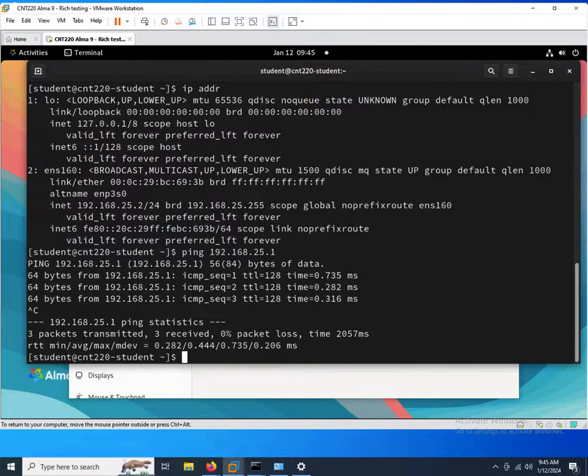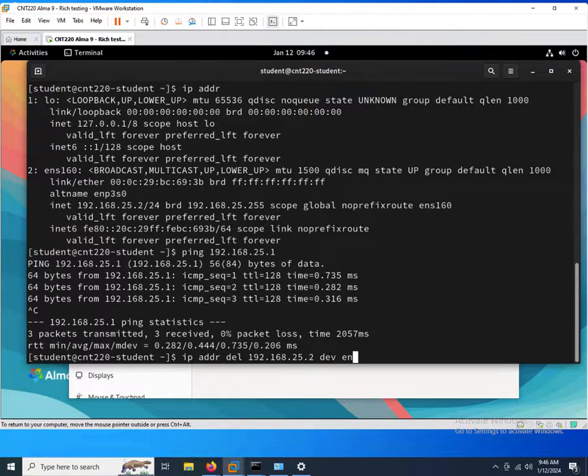On Linux, we can use the ip addr command to make our changes. We need to know the device name. So if we look up here, our device is called, on this VM, ens160. So we can use the ip addr command. We need to delete the address first because adding it does not override it. So we'll delete the current address,